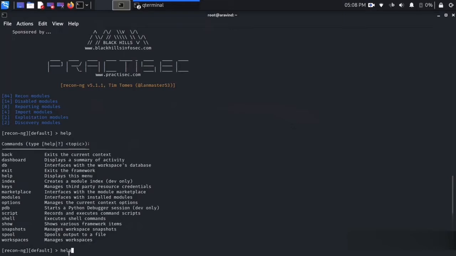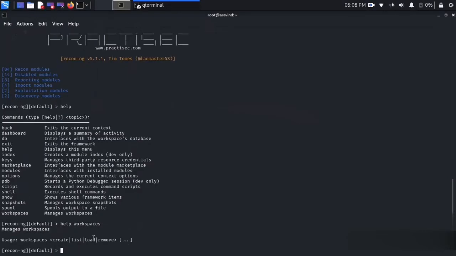Let's look for help workspaces. So you can see all these commands are possible with the workspace command. We can create, list, load and remove things with the workspace command.